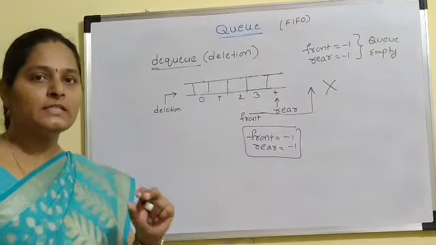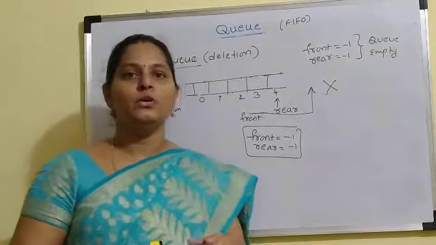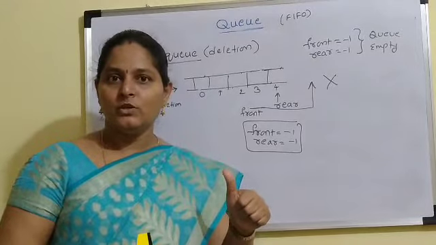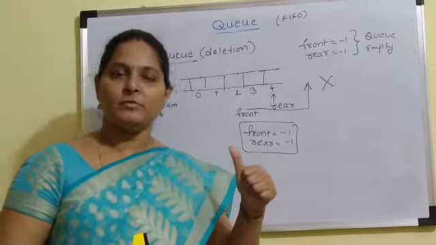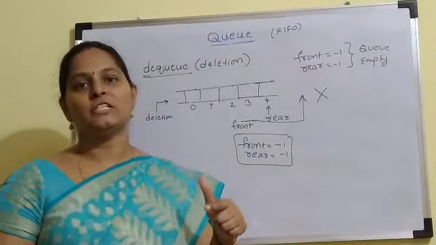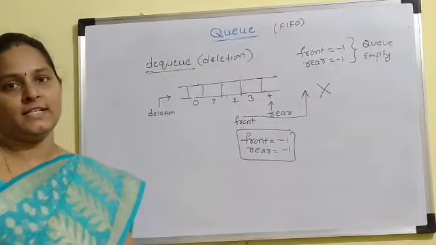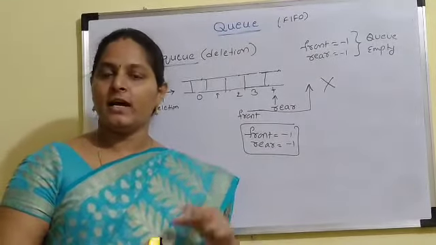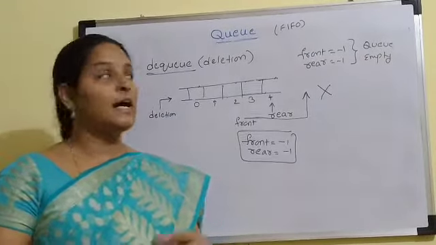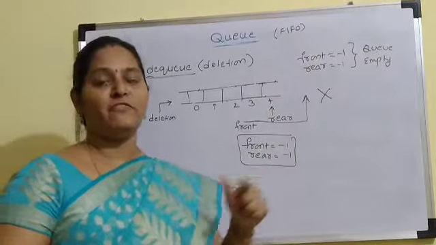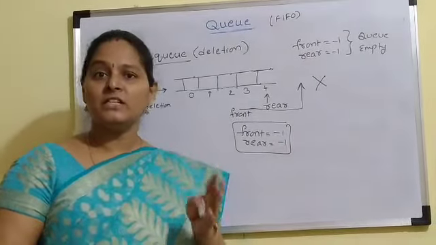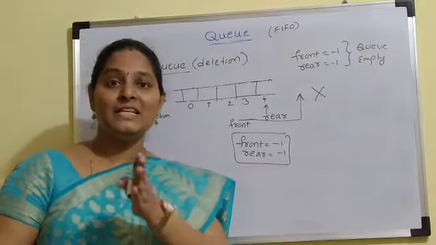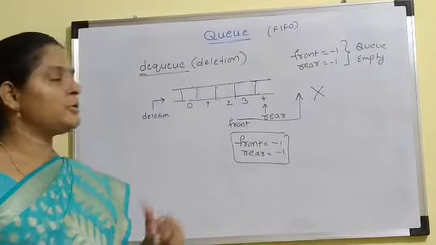Okay, I will revise a few points on this queue. First of all, queue is a linear data structure, and in a queue we can perform the insertion operation from the rear end and the deletion operation from the front end. Unlike the stack, here the queue contains two ends. One end we call the rear end and another end we call the front end. And this queue follows the FIFO principle, first in first out. That means the first inserted element will be deleted first, or the first inserted element will be eligible for first out. So this is about the queue.